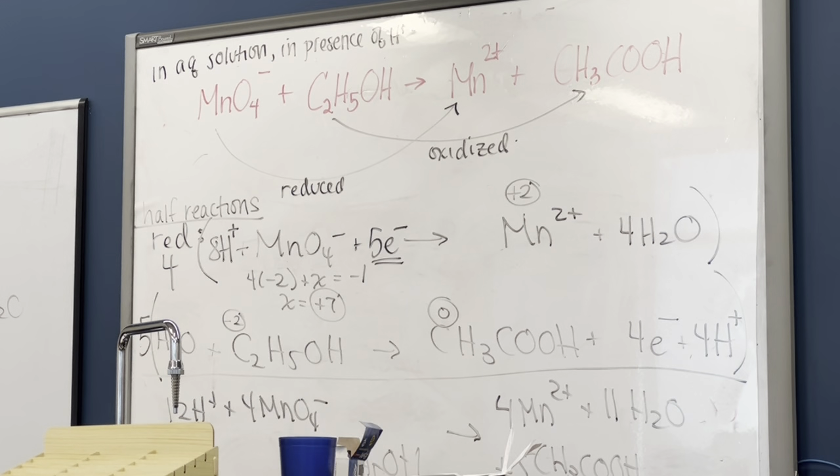So I knew that the manganese was going from +7 to +2, which meant the manganese was gaining 5 electrons, so I added 5 electrons